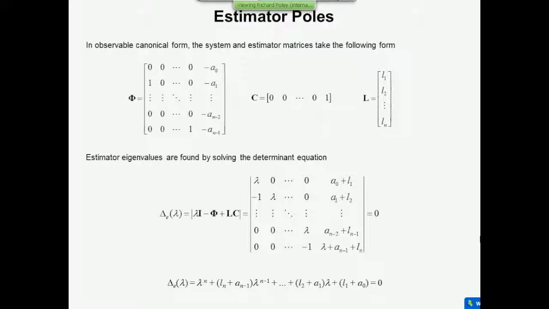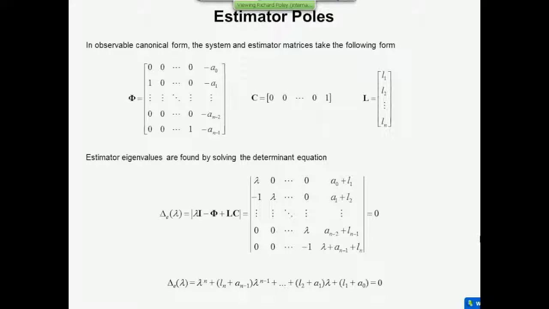Where are the estimator poles? Now, the job is very simple. Just like before, when we used the manual process for pole placement for K, and we insisted that the matrices be in controllable canonical form, we ended up with a nice simple relationship between the coefficients of the actual eigenvalues and the desired eigenvalues. You can do the same thing for an estimator, but we really need the system matrices to be in observable canonical form.